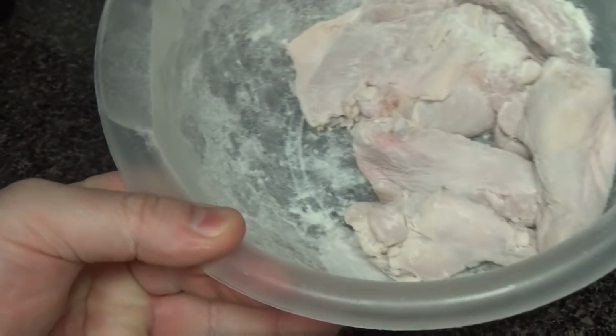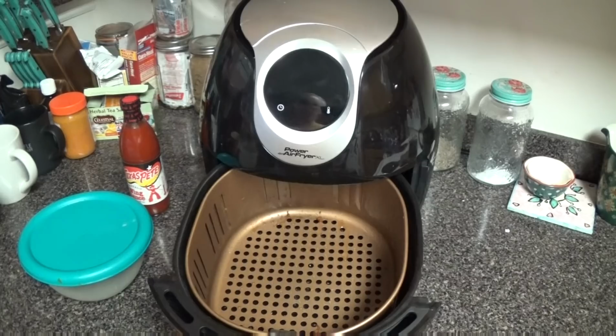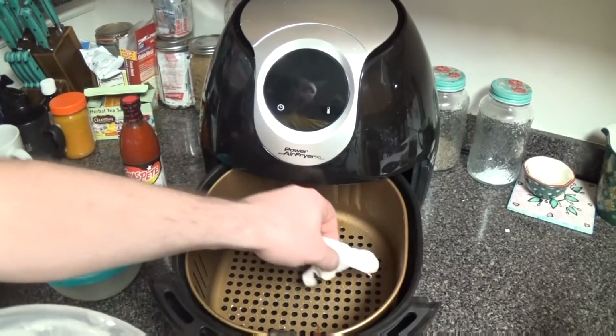Easy as that. Open that up. You can see, perfectly coated. Now we'll just go ahead and transfer them to my air fryer. Before I put them in the air fryer, I'm just going to give a quick non-stick coating on the bottom just to keep them from sticking. And that is the only oil I'm going to put in there the entire time. And I'm just going to go ahead and individually place these in there